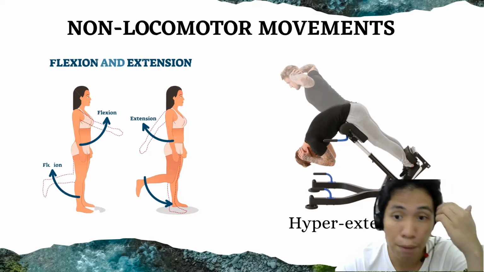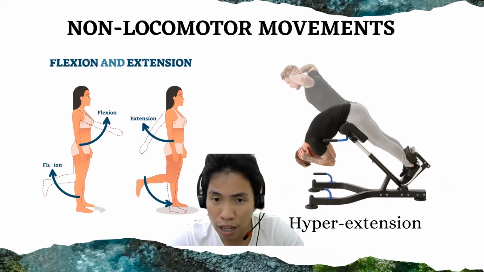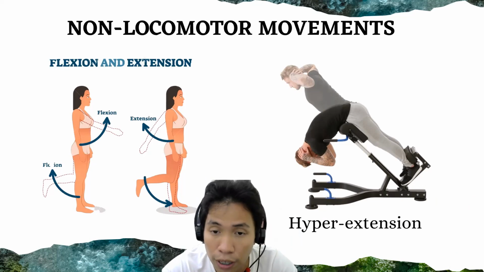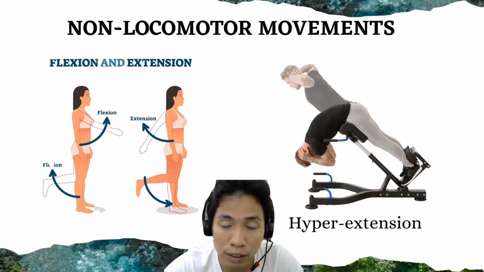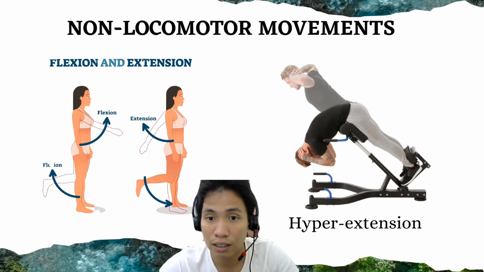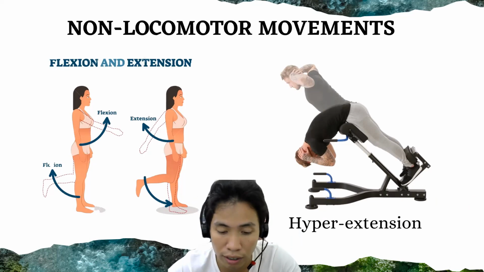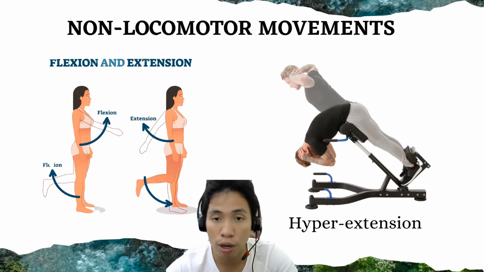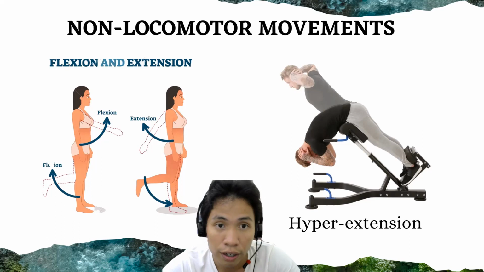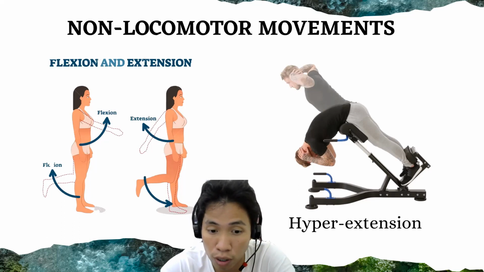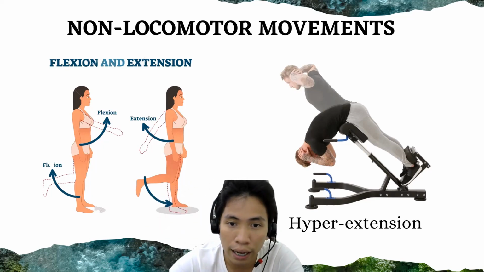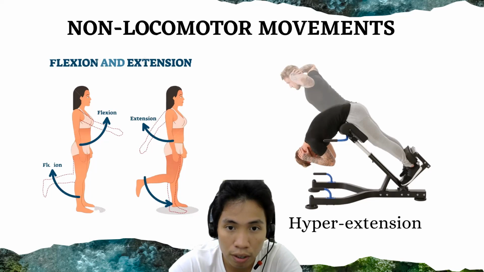Next is the hyperextension. Same with hyperextension, even if they are moving their body, all parts of their body, the base or their feet remains intact. They are not moving. They are staying in the same place without moving from one place to another. Okay, so that is an example of non-locomotor movements. There are many exercises for that, no? And with that being said,